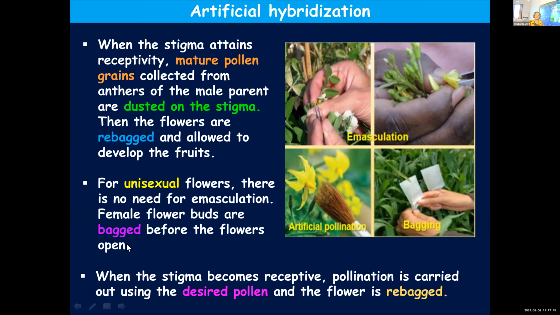So once the bag is kept covered, the flowers will be permitted to form fruits, but a tag also will be attached so that the plant breeder, for example, when he is doing the process for so many plants at a time, can distinguish them and know all the details: the date at which the pollen was dusted, from which flower it was taken. A tag will be kept, and you call the process tagging.